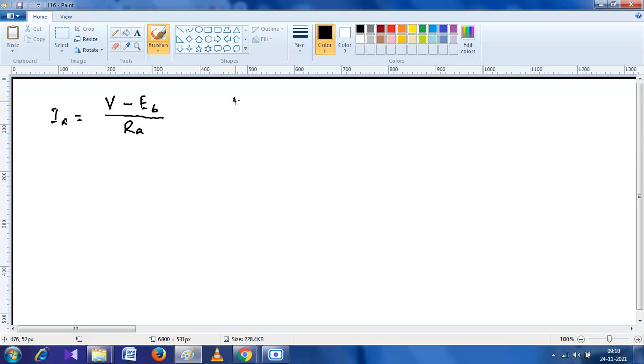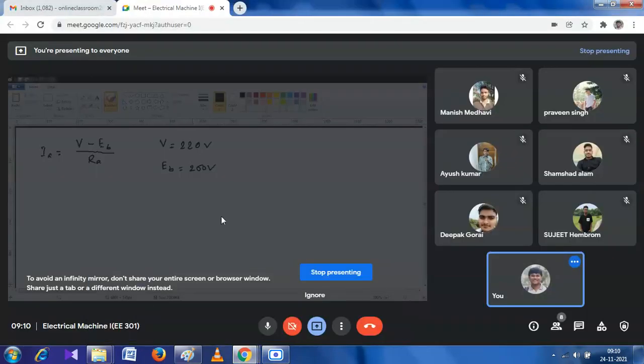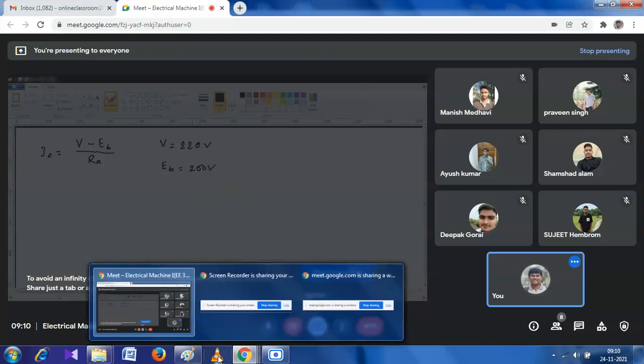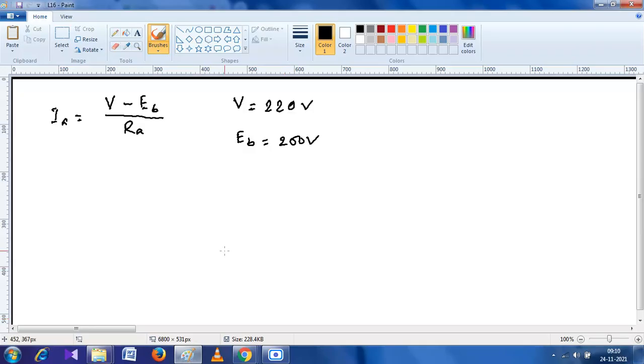We took the value of V as 220 volts, Eb as 200 volts, and we consider the value of Ra as 0.5 ohm. So the rated current,